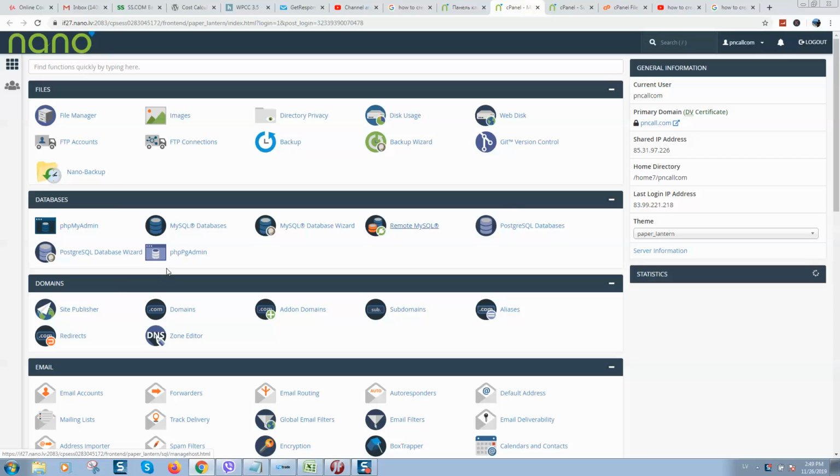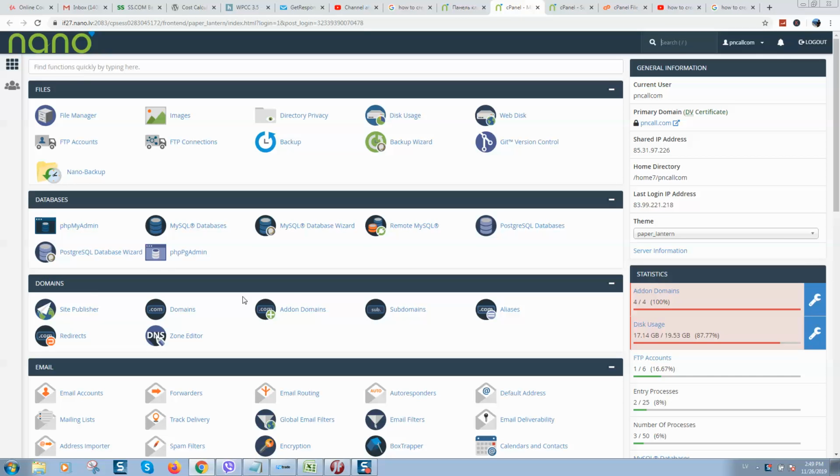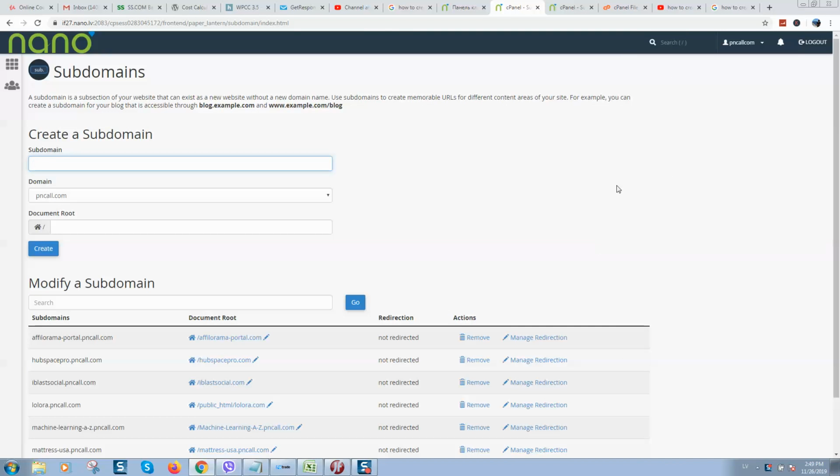and here you should find domains. Click on subdomains. By the way, if you are not sure how to locate cPanel on your provider, you